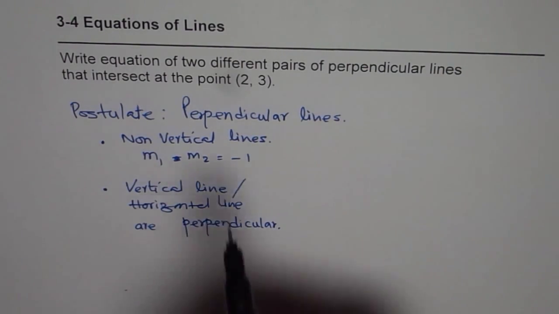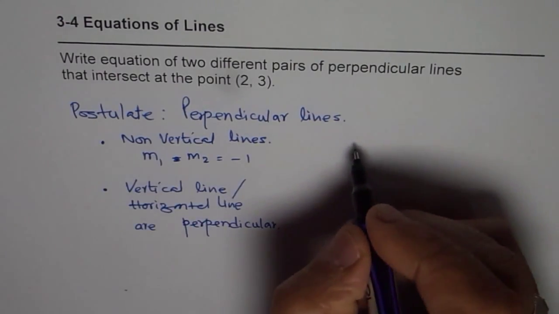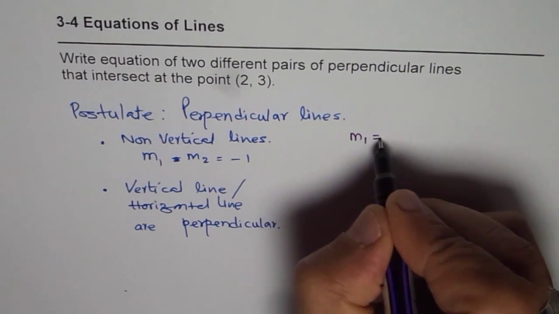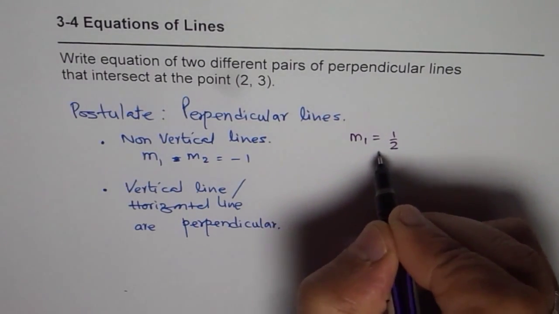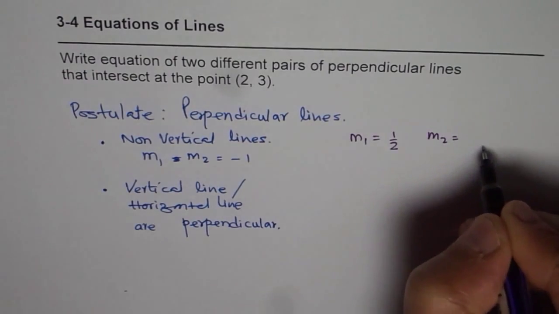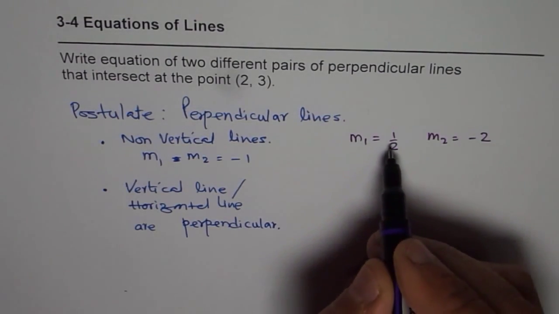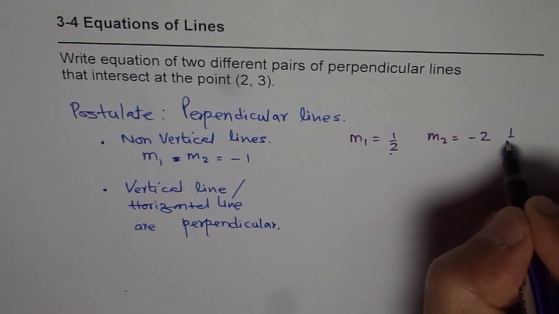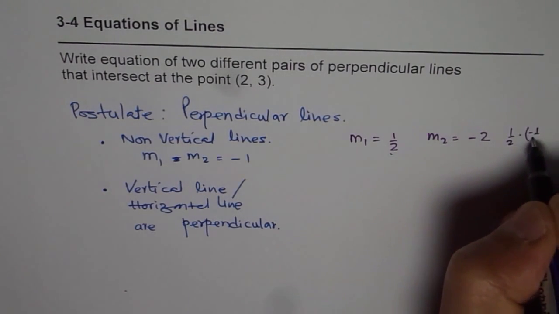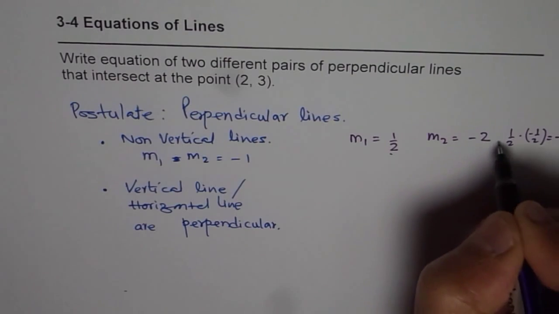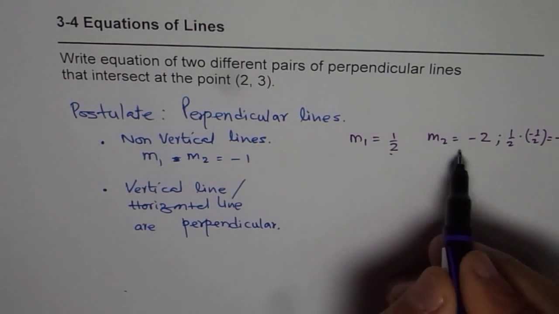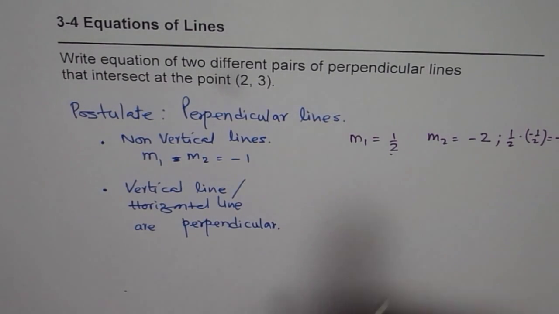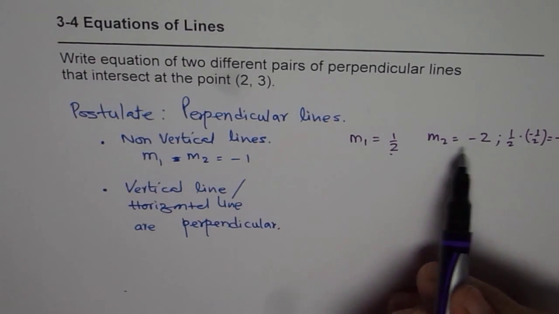So let's begin with the first one, and let us say slope of one line, m1, is, let us say, half. In that case, slope of the other line should be -2. When you multiply half and -2, what do you get? You get half times -2 equals -1. Since when you multiply them you get -1, so the lines with the slopes of half and -2 will always